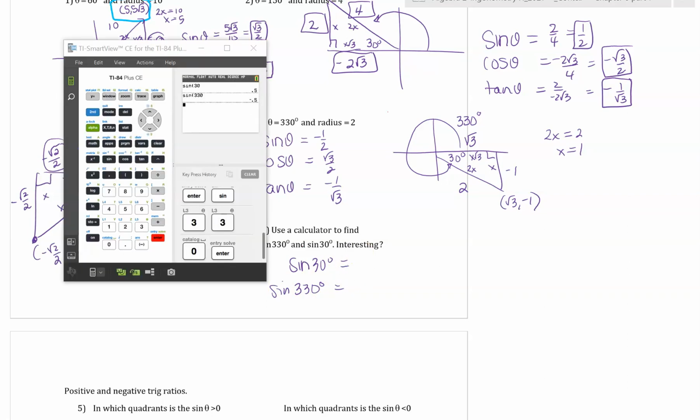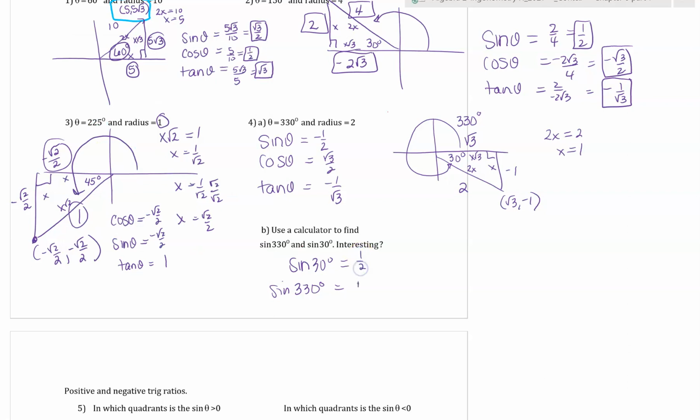Are you surprised that the sine of 30 degrees is 1/2 and the sine of 330 is negative 1/2? Doesn't that actually make sense? Because 30 degrees would be a quadrant 1 angle. Notice the terminal side is in quadrant 1, and the sine is positive, because the sine would be